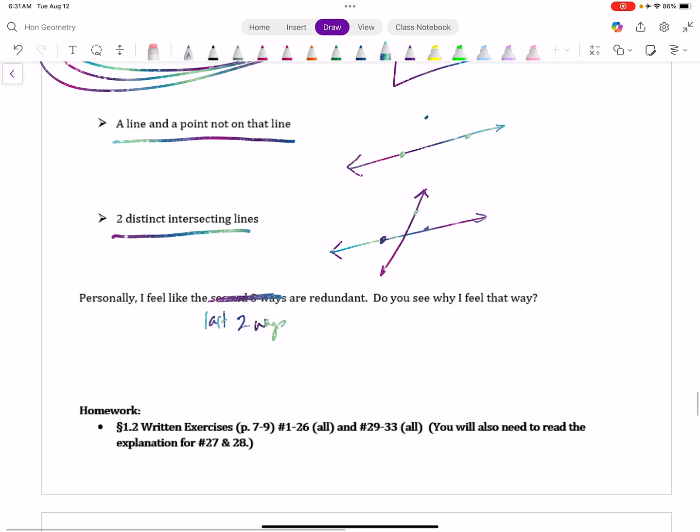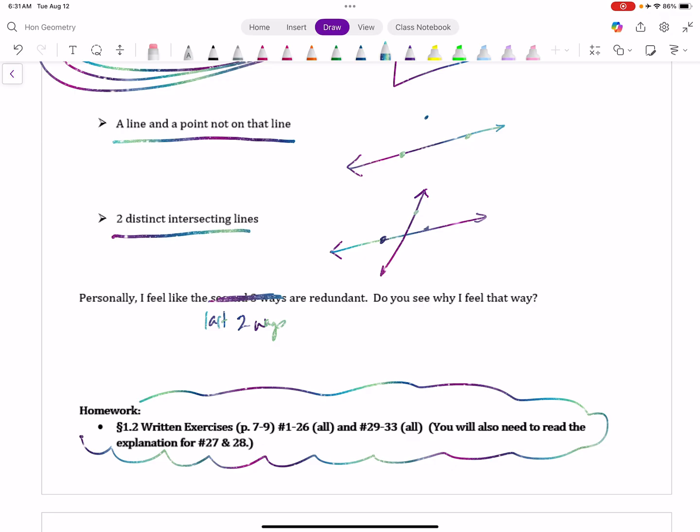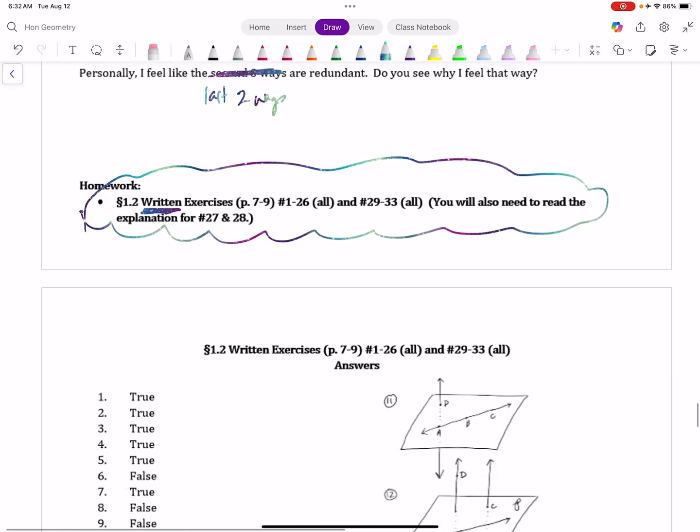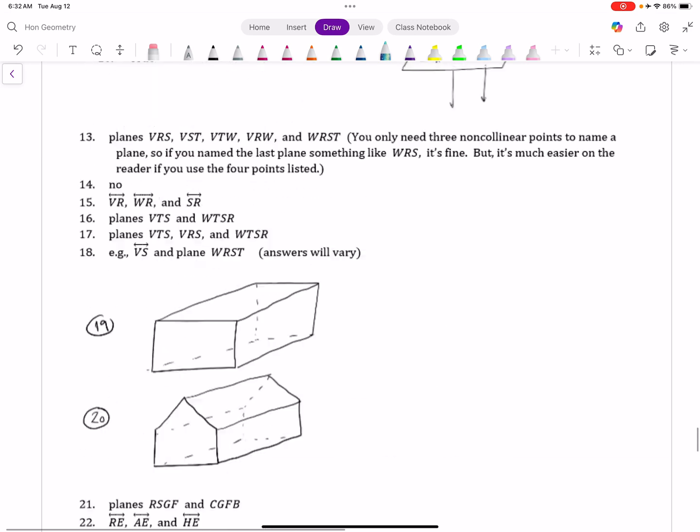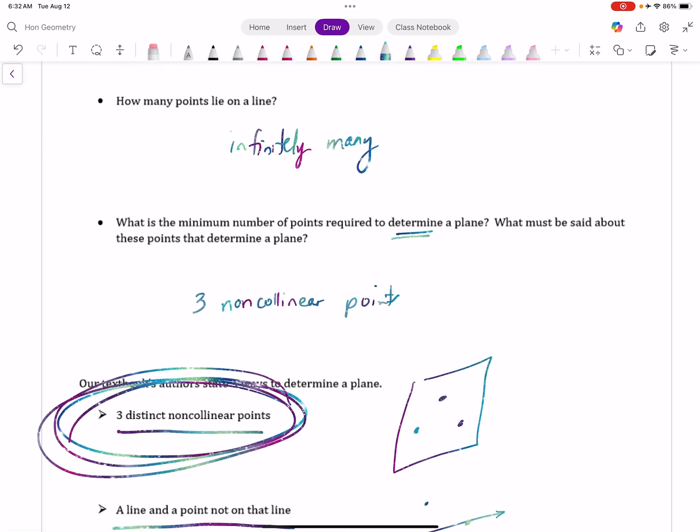All right, so here is your homework. We're going to do section 1, 2 out of the book. And again, you've got a PDF. WE stands for written exercises. I haven't used this book since 2021. I forget what the other ones are called. Okay, so there's classroom exercises and written exercises. Make sure that you're doing the written exercises. And then here are the answers. So don't look at those as you do them, but check them as you go along